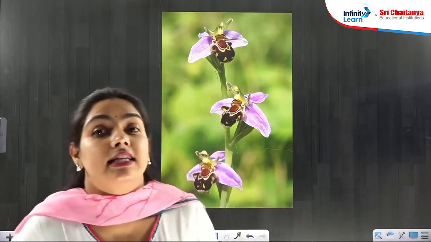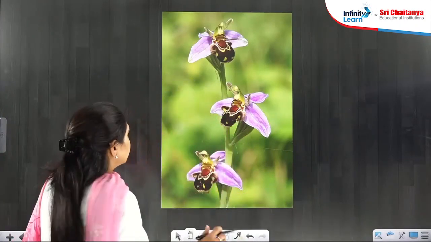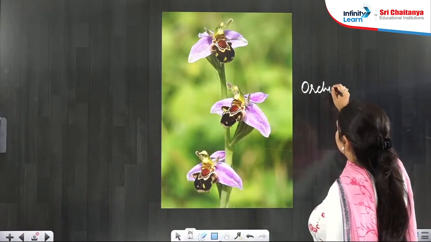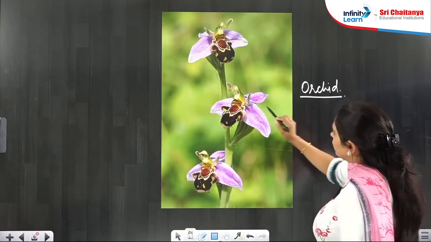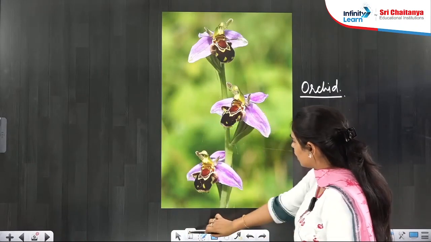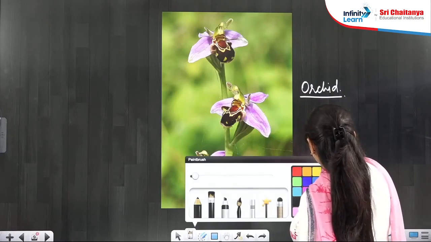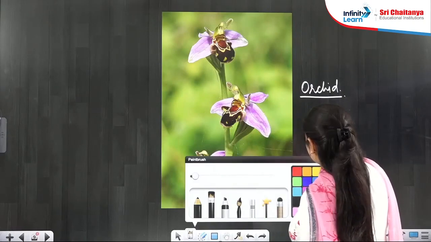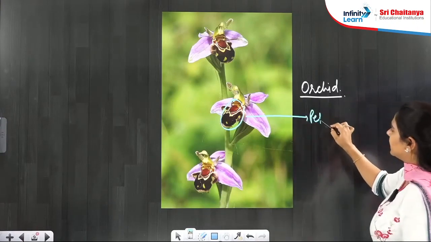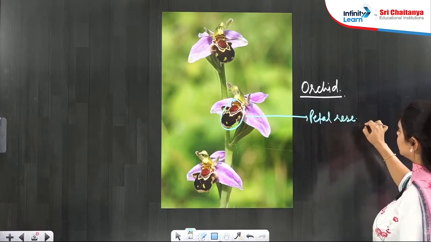What is this? This is also mutualism. Here there is an orchid, beta. And this is one of its petals. This petal resembles